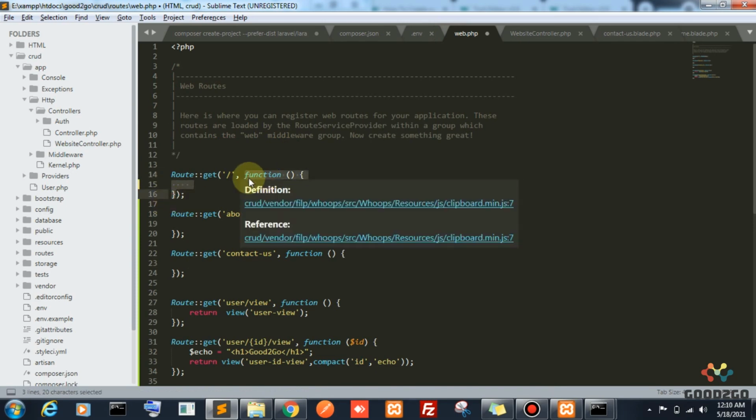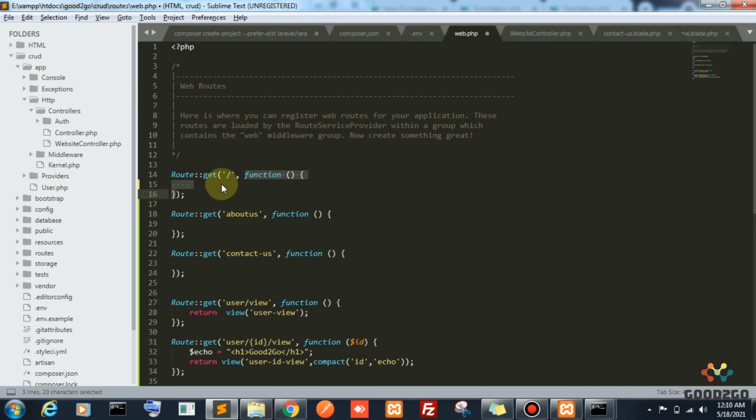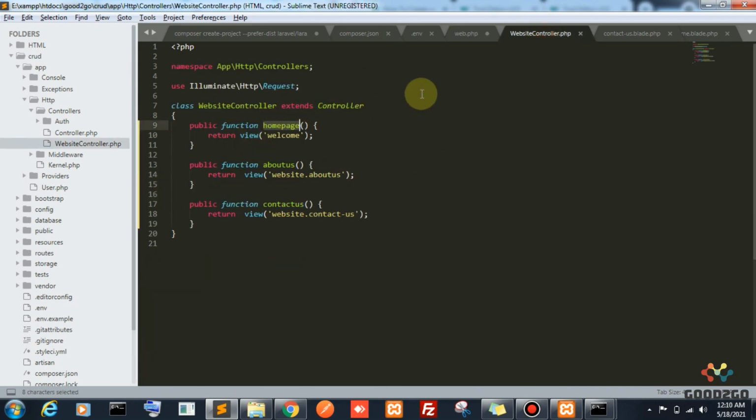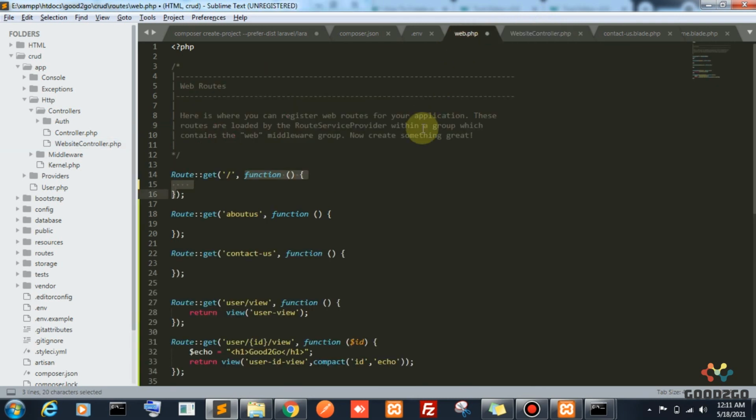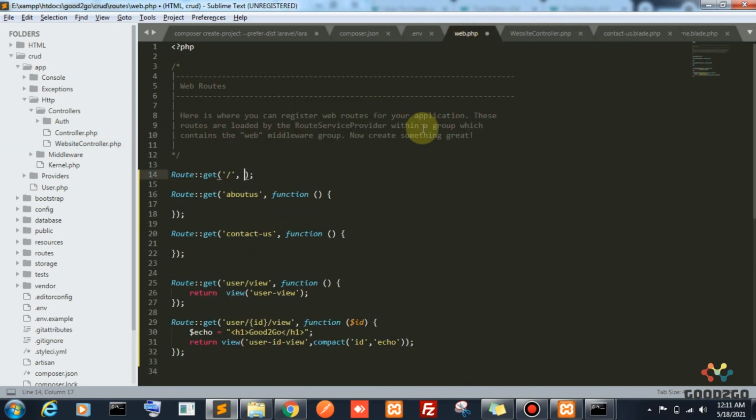So this function is a logical thing inside the router file. So now I am moving the logical things to our controller itself. So I am going to make a controller. I need to mention whenever calling this URL, go to this controller, call this method. Okay, that's it. It will take that web page. I am giving the website controller here at home page.